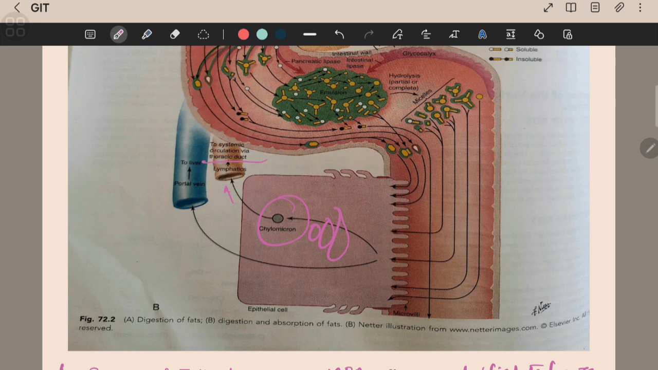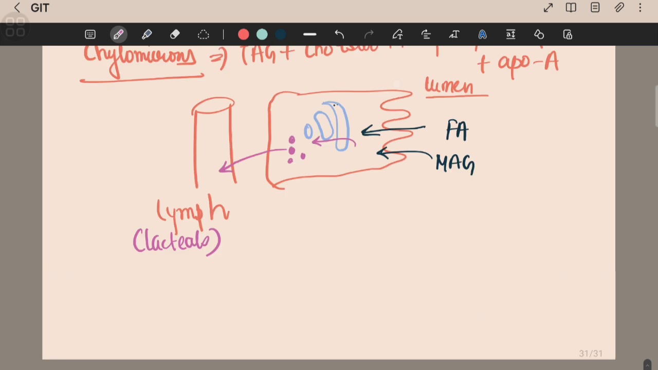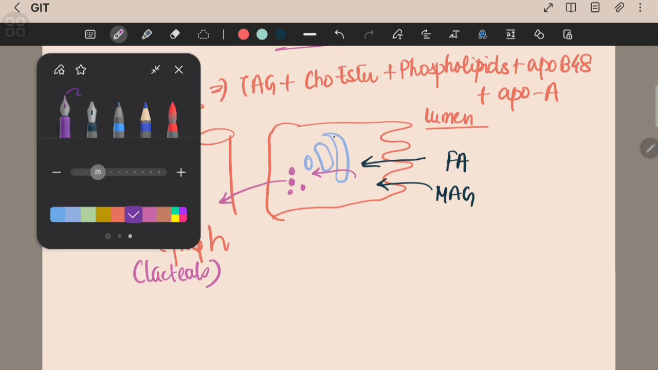So the chylomicrons that will be produced as a combination of cholesterol, phospholipids, apoB48, apolipoprotein A, all these will be passed into the lacteals, that is basically the lymphatics of the intestine. Through that they will pass into the main lymph drainage, and via the thoracic duct, it will reach the blood circulation. Now over here we will be discussing in short a condition called